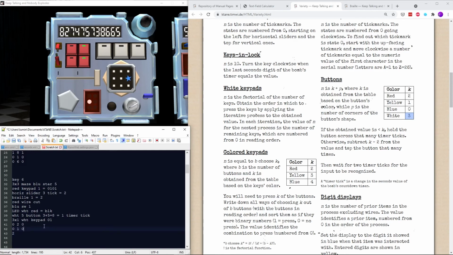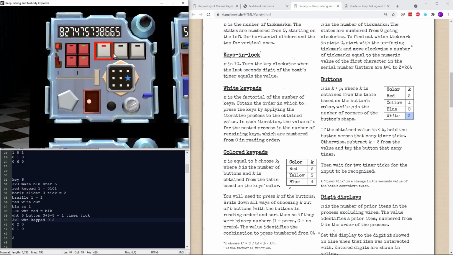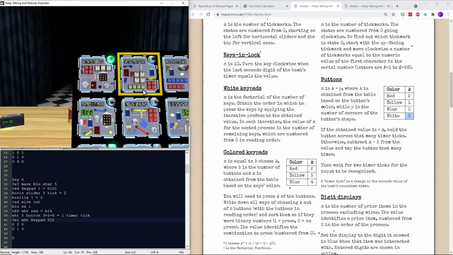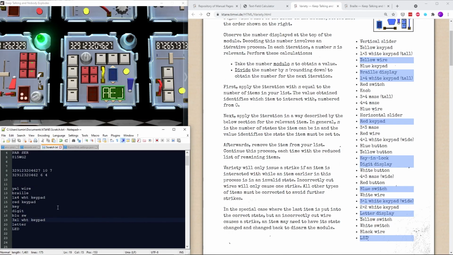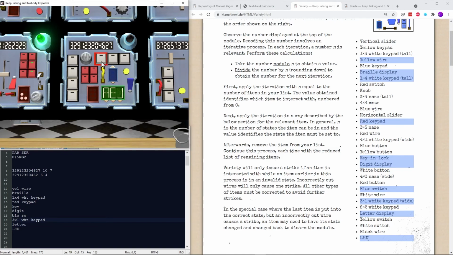0 mod 1 is 0. 0 divided by 1 is 0. That last one doesn't matter because we're out of keys now. The last one is 0. Item number 0 in this list is 2. So we'll press 0, 1, 2. And that's a solved module. So it's pretty simple. Okay, let me just give you one more example here of the white keypad,